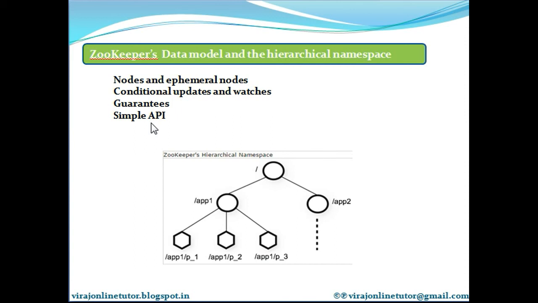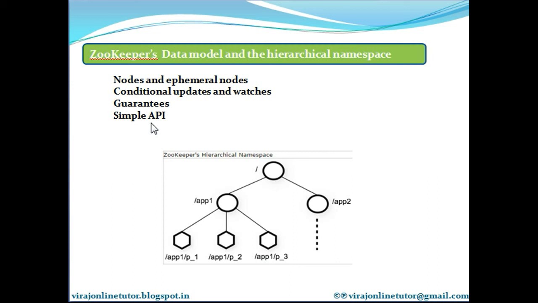The create API creates a node at a location in a tree. Second API is delete. It deletes a node in Zookeeper's hierarchical namespace. Third API is exists. It tests if a node exists at a particular location.